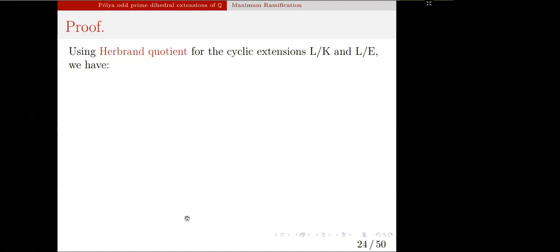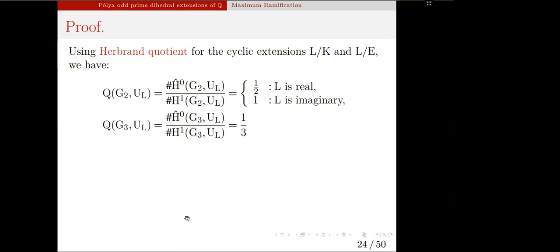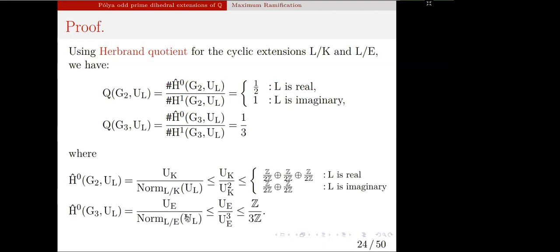On the other hand, since L over K and L over E are cyclic extensions, and using the Herbrand quotient, since we know that the Herbrand quotient for the cyclic extensions of G2 and G3 can be computed, it is sufficient to compute the order of H0 hat of G2 and G3, where by H0 hat I mean the zero-dimensional Tate cohomology group. Finally, you can use the image of the norm map, and using the Dirichlet unit theorem on the rank of unit groups,